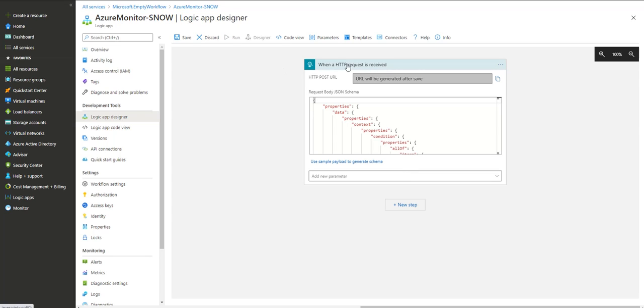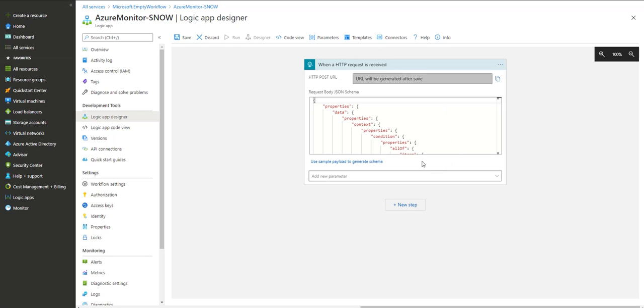the Logic App, where it should act when an HTTP request is received. So once we integrate Azure Monitor with Logic App, what it will do is Azure Monitor will send a JSON file when an alert is triggered, and using the JSON file, we can further filter this file and send the requested detail to ServiceNow. So here you can add an additional step. We can add an additional step called Parse JSON if you want to filter specific types of data. But here today, we are just going to set up